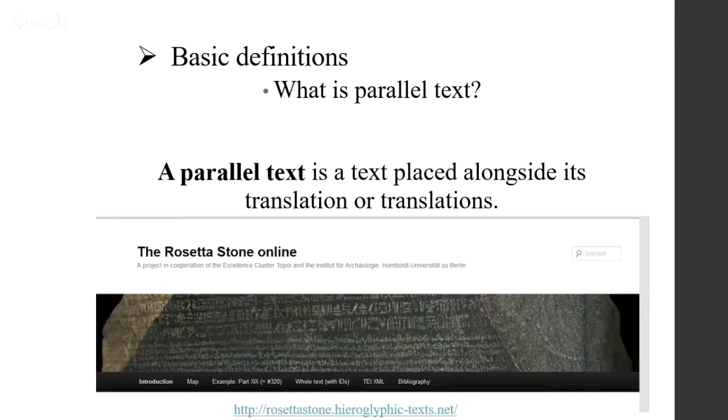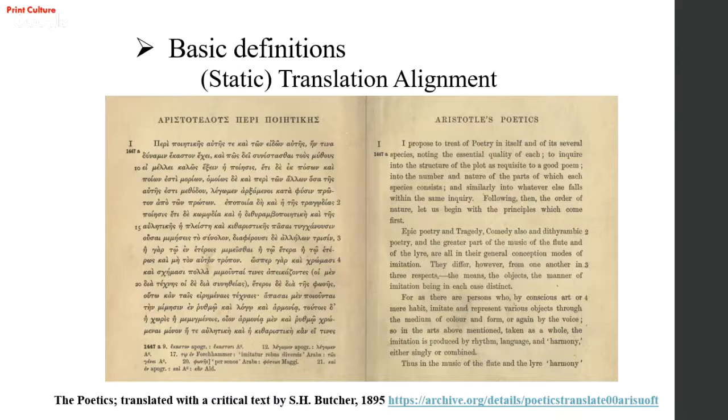A parallel text is a text placed alongside its translation. Of course, the most famous example is the Rosetta Stone, with its three scripts but two languages, Egyptian and Greek.